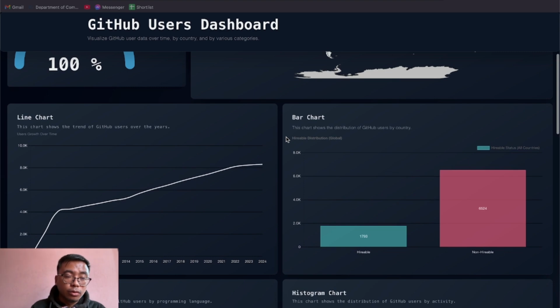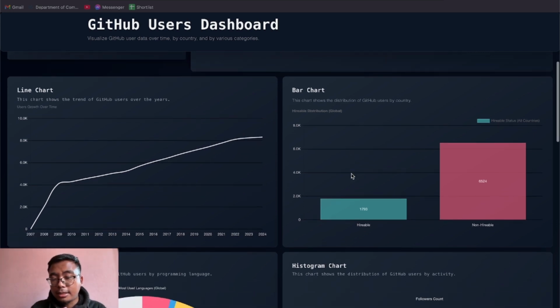The second one is a line chart. The line chart shows the trend of GitHub users over the years. The years span from 2007 to 2024. Similarly, the third one is a bar chart. The bar chart shows the distribution of GitHub users by countries. As you can see, cyan means hireable and red means non-hireable. The hireable users are 1793 while the non-hireable are